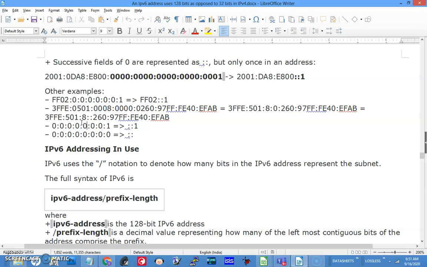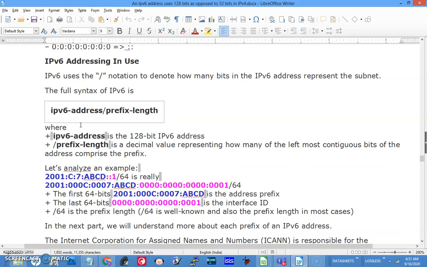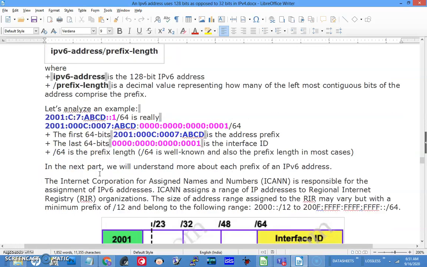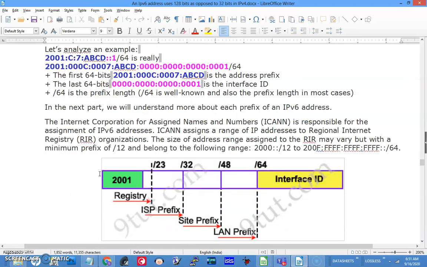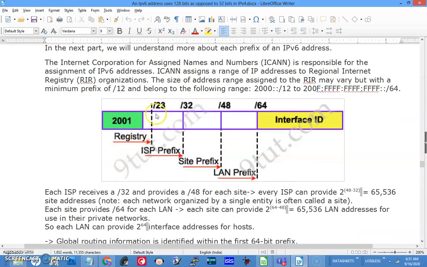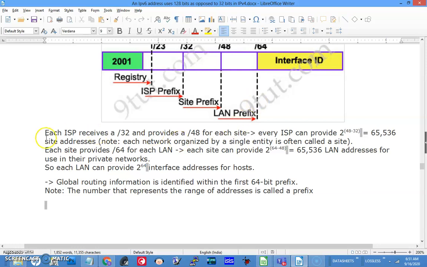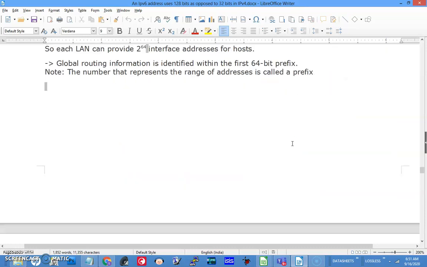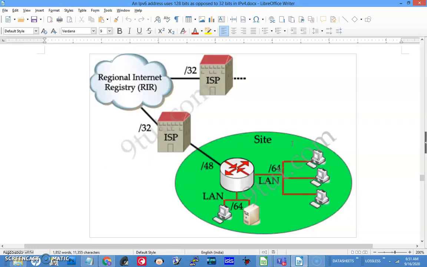Now addresses are written like this, slash prefix length, and this is another way of notating it. It doesn't require much explanation, you can see that. And the hierarchical division of network, the 48 bits site prefix, ISP prefix, again shows the hierarchy, and this is the LAN prefix which is inside our organization. The details of division are given here, the same as that we use similar lines as that of IPv4 address. You can go through it, and this is how it is done.